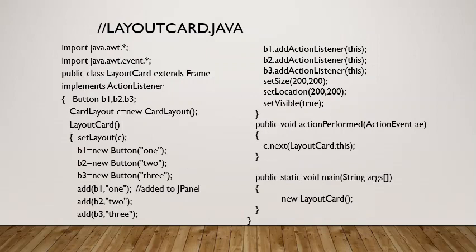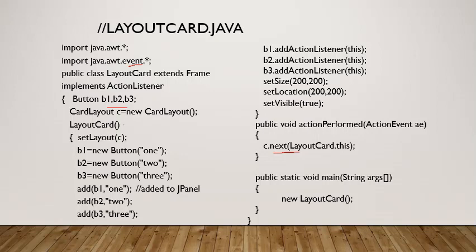So here is the program, all the content is written the same way, but here event handling is a must, because clicking on one button will show you the next button, right? So 3 buttons I have taken, B1, B2, B3. So B3 only will be visible. Now if I click on B3, then it will go to the next one. Okay, so next will be B1. Then again clicking on that will be B2. Again clicking on that will be B3. Again clicking on B3 will come back to B1. Okay, rest all is as it is.